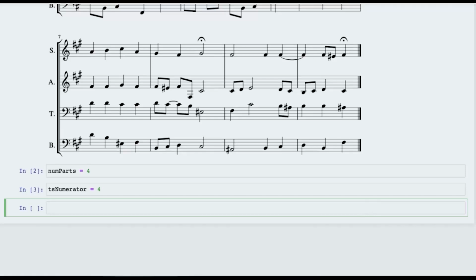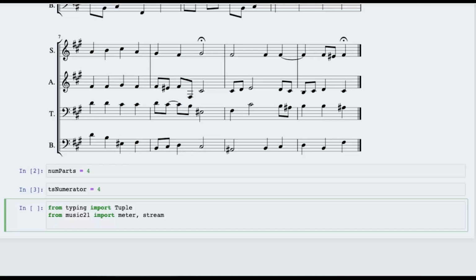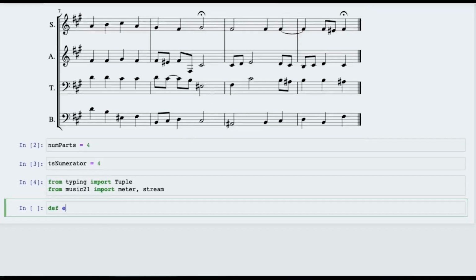So in this case, let's just extract automatically the meter from this piece. So we'll write something that does it. We'll import from the typing module because we like to do things like this, turn Python, which is a weakly typed language, into slightly stronger typed so that we can understand a little bit better what's going to go on. So we'll also import from Music 21 the meter and stream modules. Now let's write something called